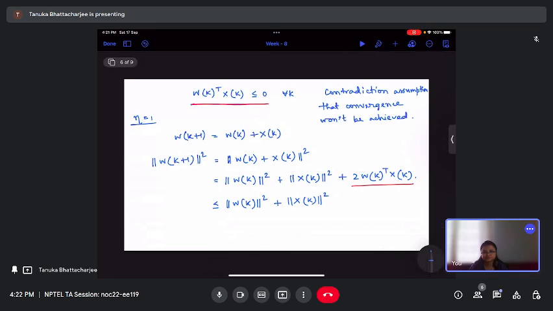Okay. So, the right hand side wk norm square plus xk norm square is greater than or equal to wk plus 1 norm square. Now, if you recursively put this expression in wk,